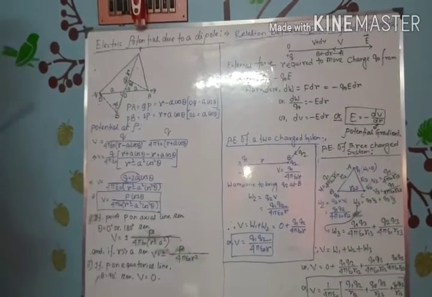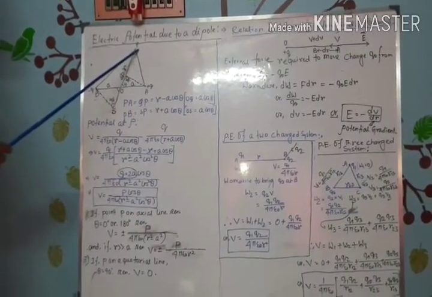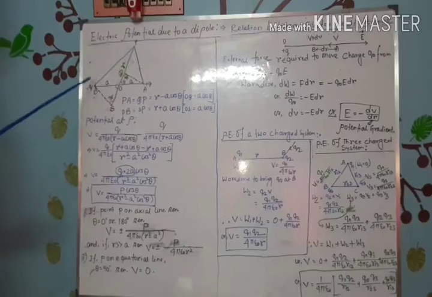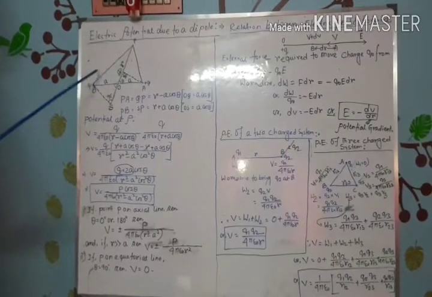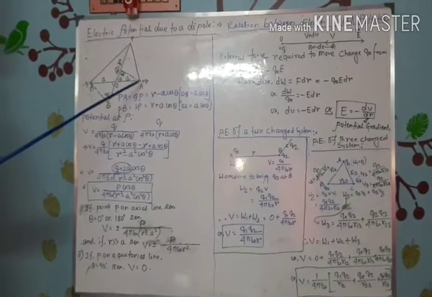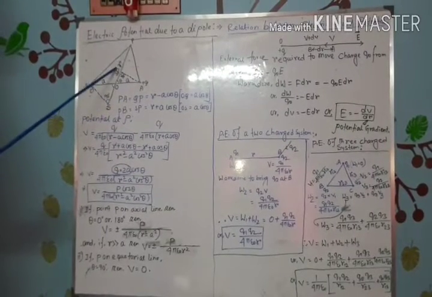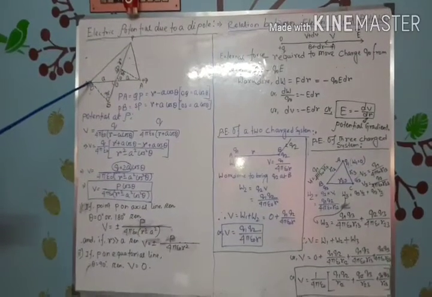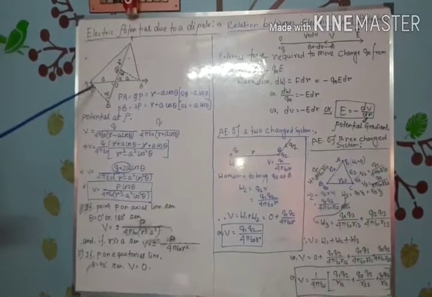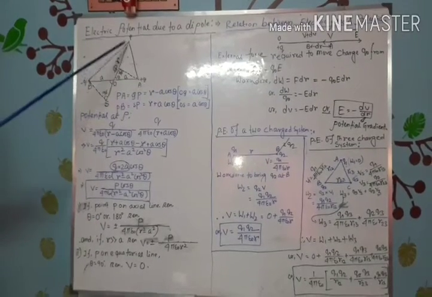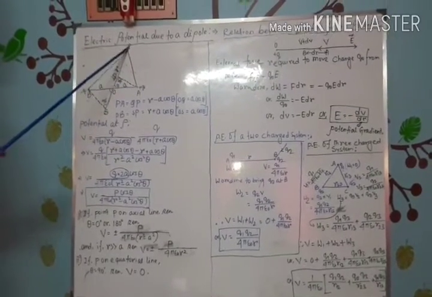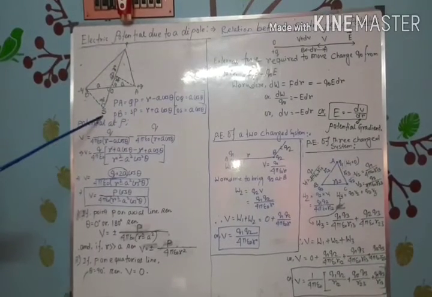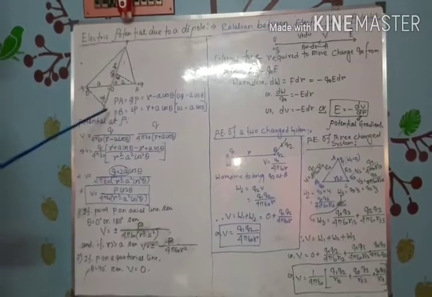To determine the electric potential at P due to plus q and minus q charge, we have to know the distances PA and PB. To determine the distances PA and PB, we draw the perpendicular from the point A on R as AQ, and similarly we draw a perpendicular from the point B on extended R, which is BS. Therefore PA is equivalent to QP and PB is equivalent to PS.